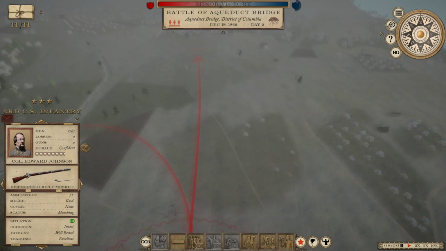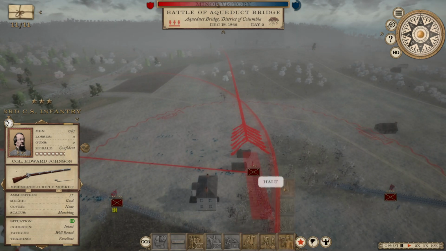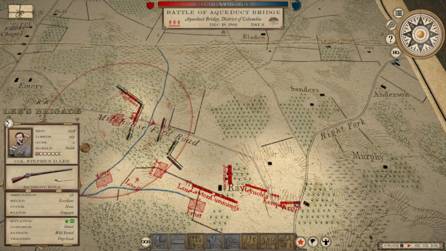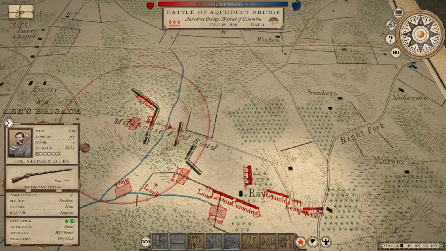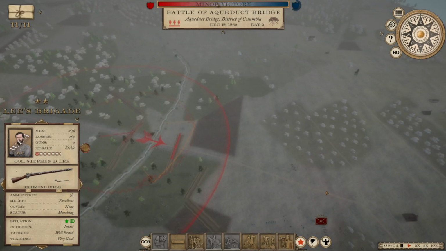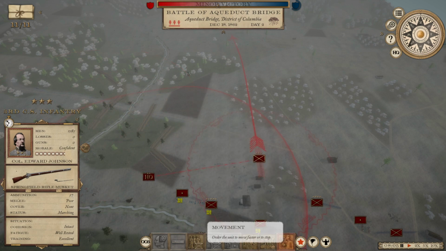Where are you going? Like, what? I didn't order you to do that, did I? Why don't you halt? I don't know where Johnson's brigade's going, but that doesn't look smart. Did the enemy abandon these trenches? Taking the right fork from them, so the objective on the right. It's hard to tell what the enemy did position-wise, because these guys are just marching ahead with, I don't even know where the hell they think they're going. Pretty sure I ordered them to halt, but...